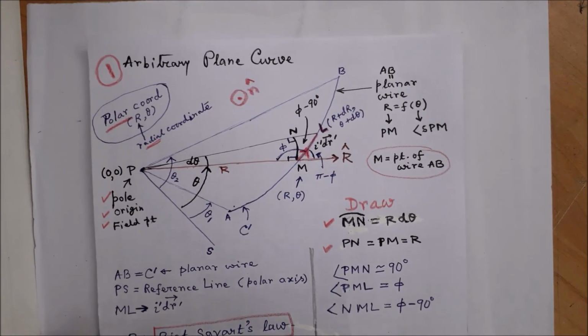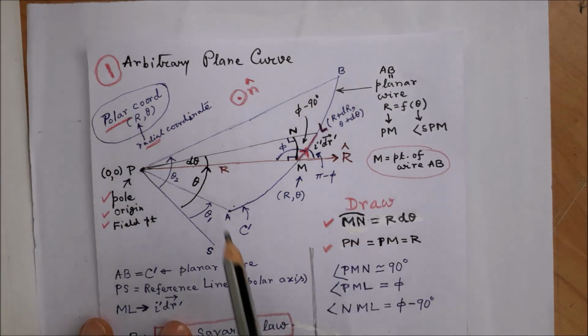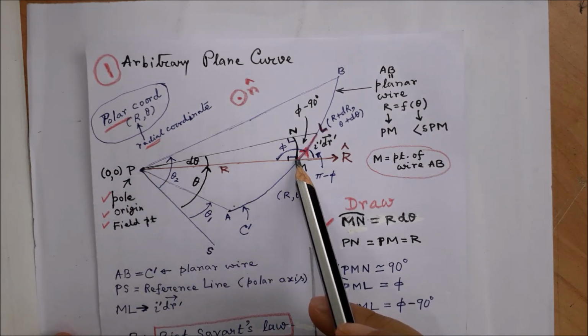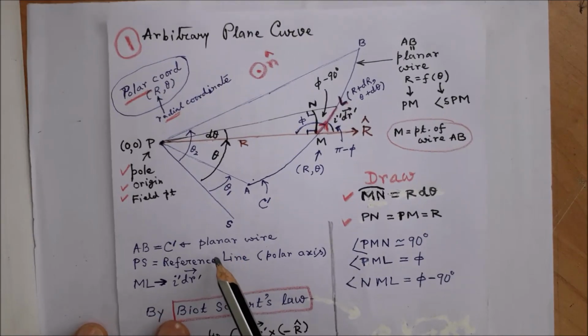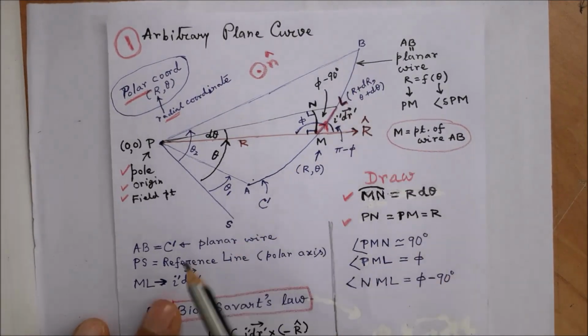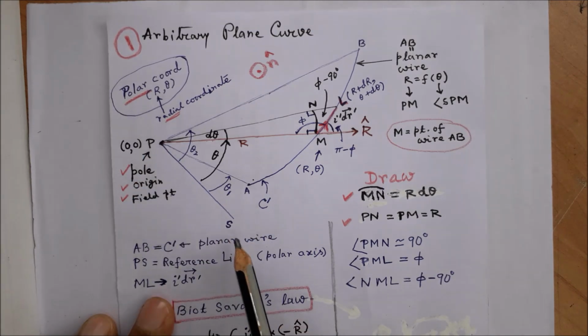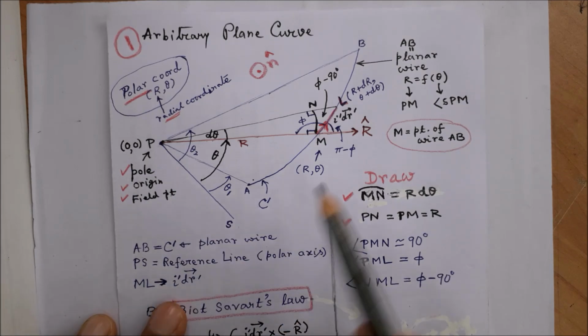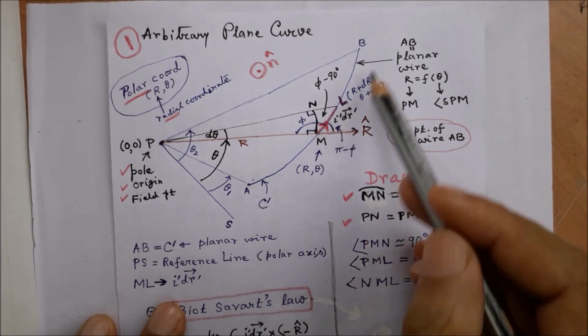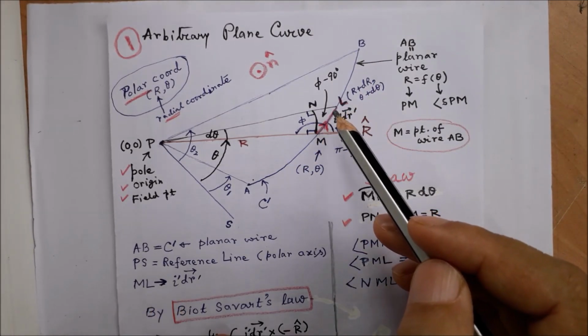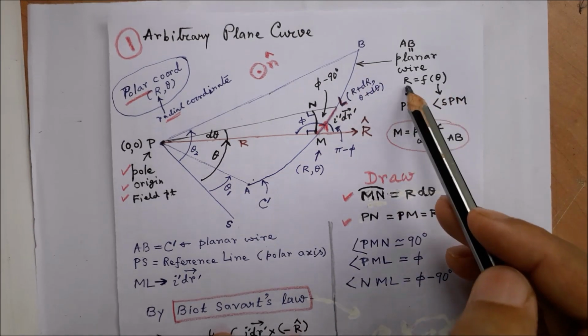Now this is the problem under consideration. We have gone back to this problem with a little bit of elaboration regarding the position of the field point and the source point. So let us restart. This is AB, the planar wire denoted by C prime, and PS is the reference line, which is the polar axis, or it is the reference line, and ML is a small portion of AB, it representing the source current element. And the equation of AB can be taken to be r equals f of theta,